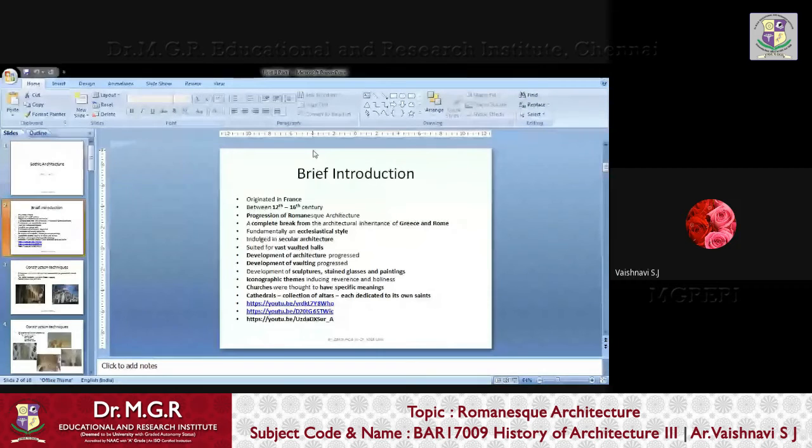After the Romanesque architecture, they started this Gothic architecture, like how they adapted Roman construction technologies in the Romanesque period, they adapted a few technologies of the Romanesque period in Gothic style. Then it was different from Greece and Rome. They most probably didn't follow the Roman architecture and Greek architecture, and it had a different style called ecclesiastical style, and it was also indulged in